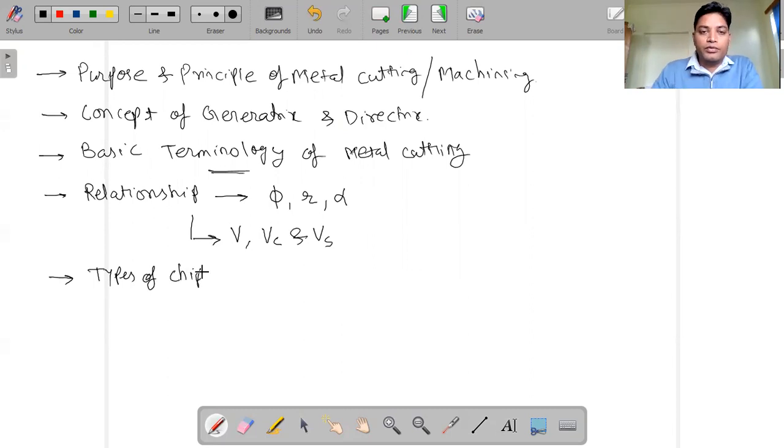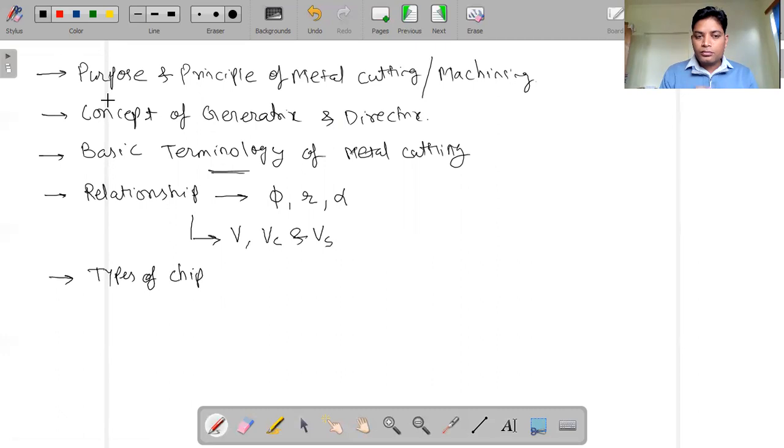Different types of chips are formed when we use the cutting tool geometry at different velocities or different depths of cut, and it also depends on the type of material we are using. So this is the content of this unit, the basics of metal cutting operations.